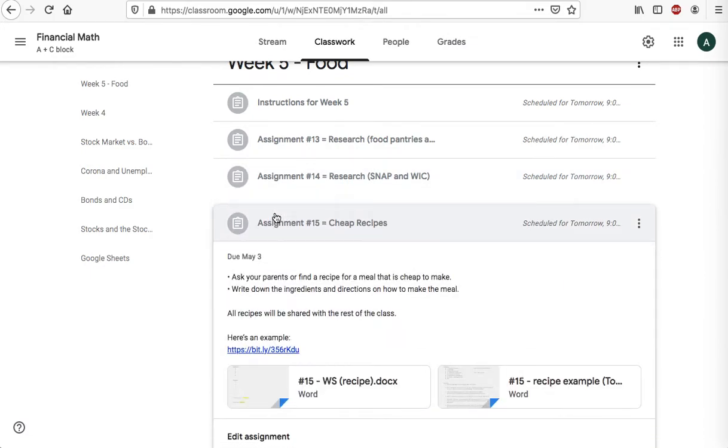Third assignment is talking about recipes. So now that you have the assistance maybe getting groceries, or if you can't get assistance for groceries and you have to buy groceries, there are still meals that are cheaper to make than other meals. So